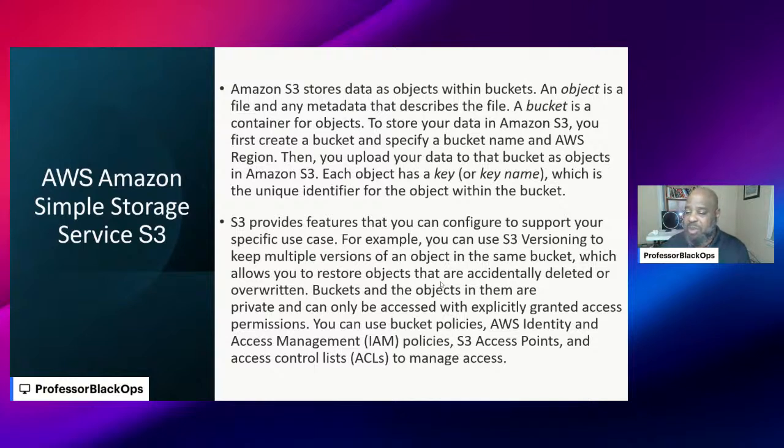Buckets and objects in them are private and can only be accessed with explicitly granted access permissions. You can use bucket policies, AWS identity and IAM. We're going to talk about that, S3 access points, and also access control lists to manage objects. A lot of people don't use ACLs anymore. They use the policies to control those, because then you can put a policy in a group, and in that group, of course, you can assign people to that group, and you can have consistent